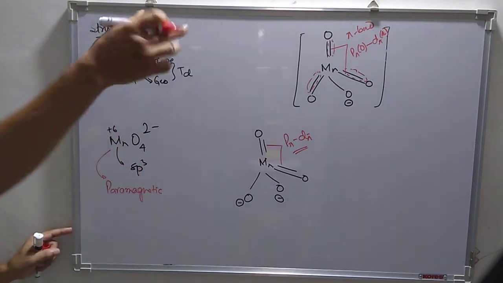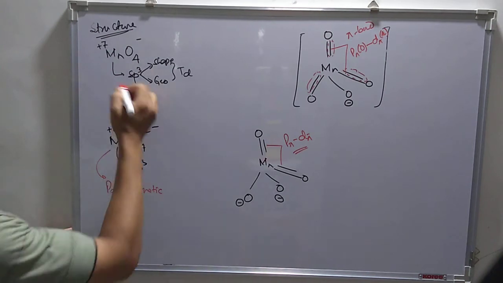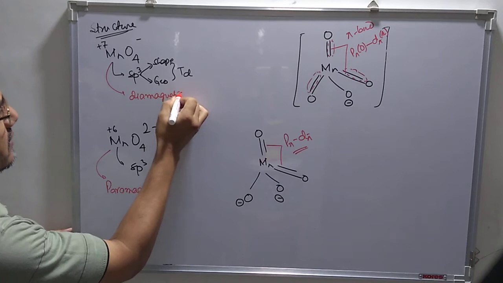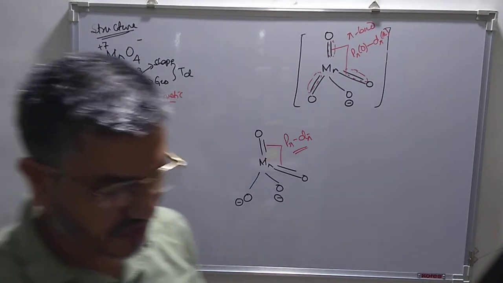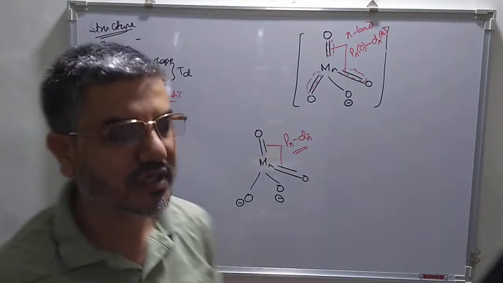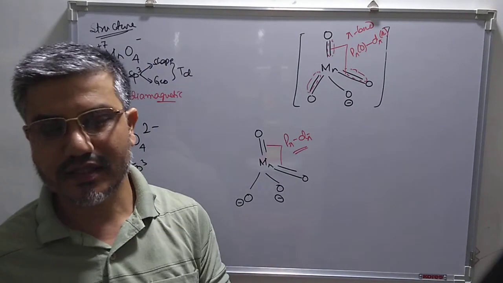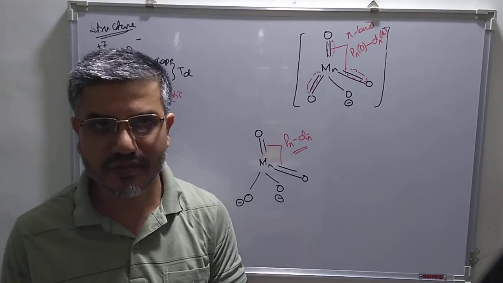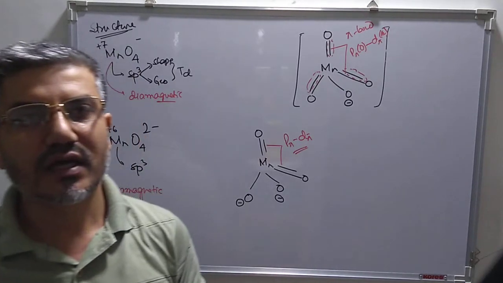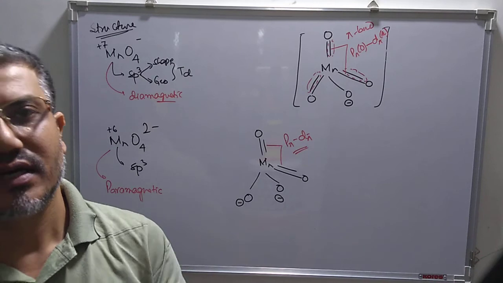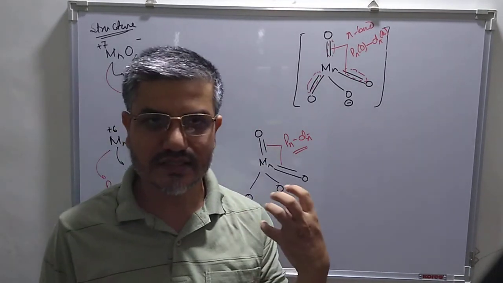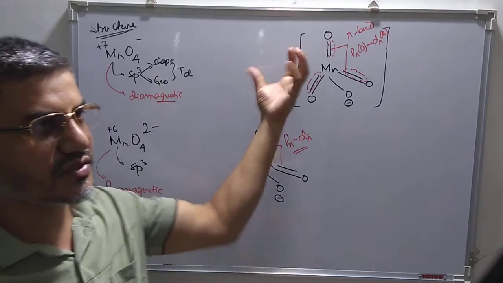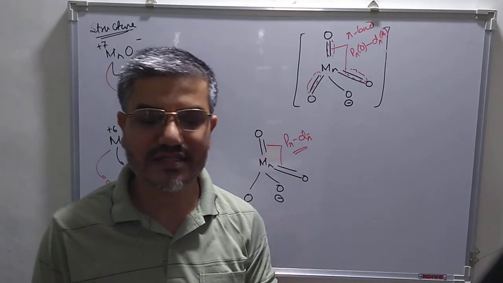Mn plus 7 doesn't have any unpaired electron, so this is diamagnetic. Now, in both potassium dichromate and potassium permanganate, the central atom, chromium or manganese, is in the highest oxidation state. So these don't have any d electrons, so there is no chance of color for these ions. But if you look at this, the dichromate ion, the chromate ion, or potassium permanganate, all these are